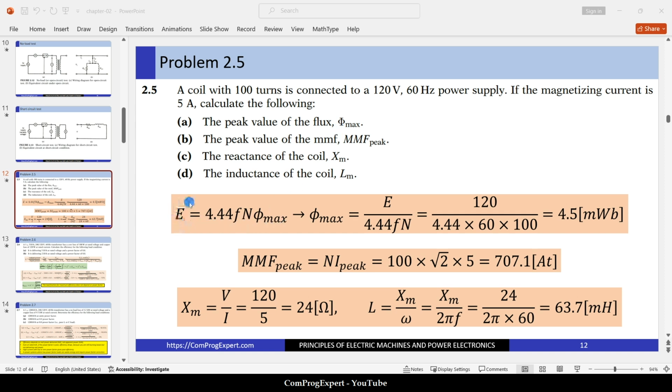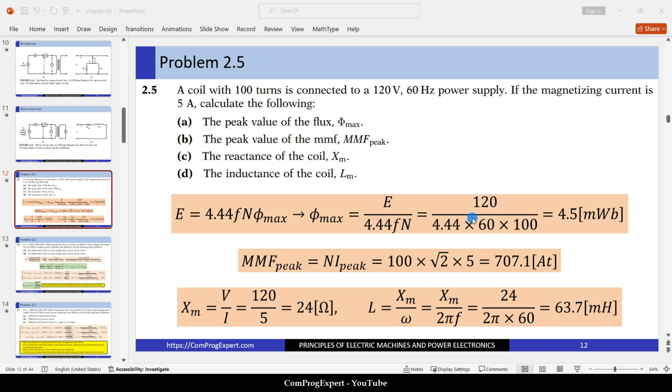Yes, we used this equation multiple times before. The RMS value of the coil voltage is equal to 4.44 f N phi max. So if you replace numbers here, we can calculate phi max as follows: